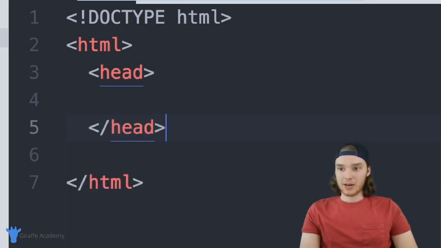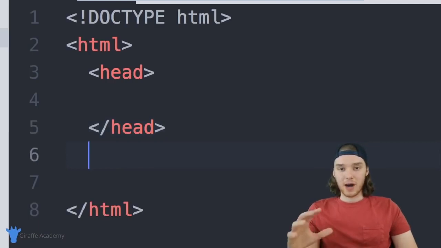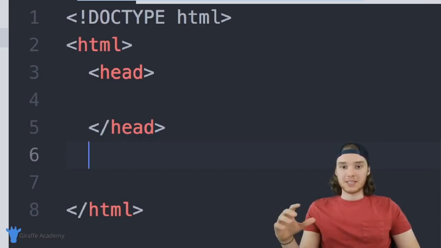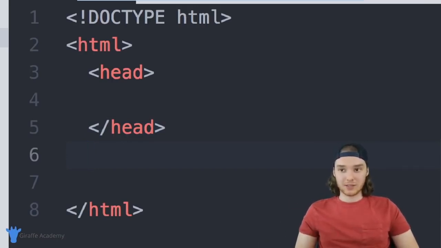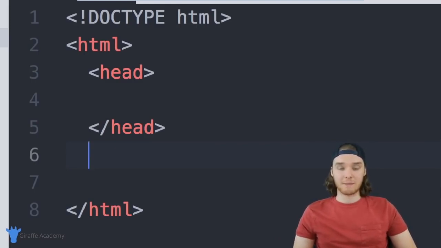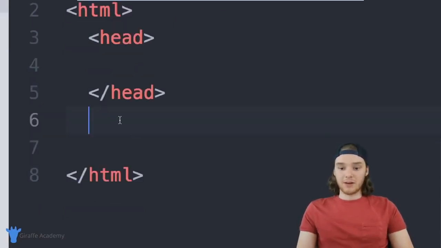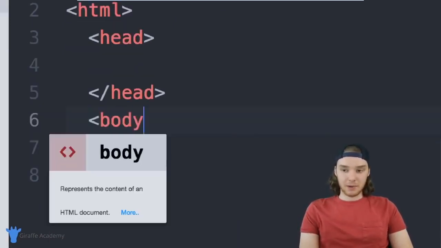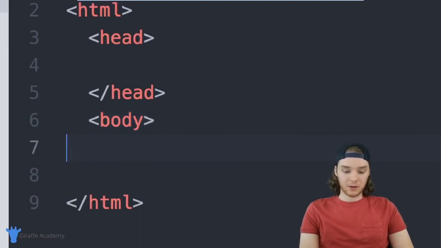And now I'm going to create a body tag. The body tag is where we're going to put the meat and the bones of the HTML page. So the body tag is where all of our HTML content is going to go. Generally, the body is going to be a lot bigger than the head. The body is where you're actually putting all the content for your web page. So anything that's in the body, for the most part, is going to show up, or at least it's going to get rendered by the browser. Now down here, I'm just going to make these body tags. So I'm going to say body, and we'll make another closing tag,